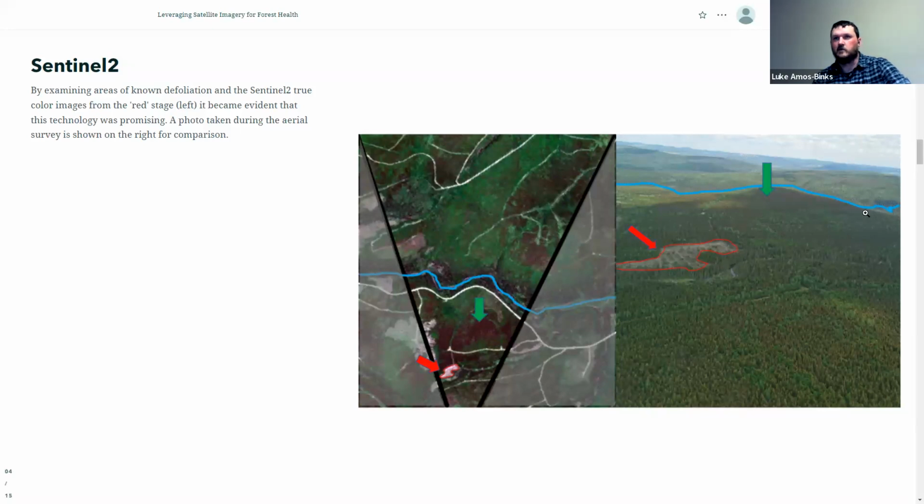And I've just put some landmarks in here so you can map yourself out. And so you can see it was pretty promising being able to see the red colors in the foreground here, and even up on this hill, it's pretty apparent that there's defoliation here, and then across the valley, you can see red coloring that matches up to what we see in the Sentinel imagery. So that was pretty promising, just being able to take that imagery and have a look at it and validate what they were seeing